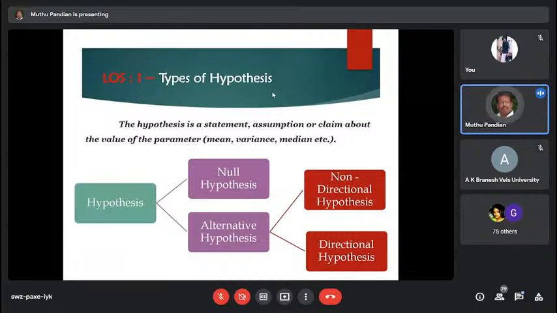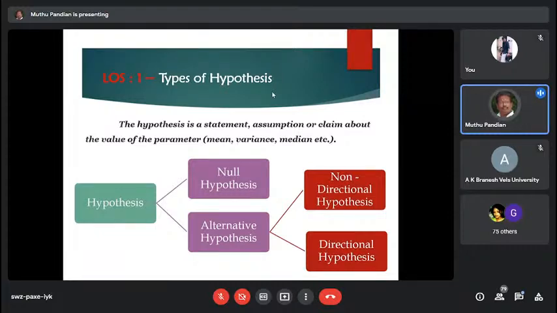That type of hypothesis testing is called a non-directional hypothesis, otherwise termed a two-tail hypothesis. When I want to say whether one item is greater than the other, or one item is lesser than the other, like male salary is greater than female salary,